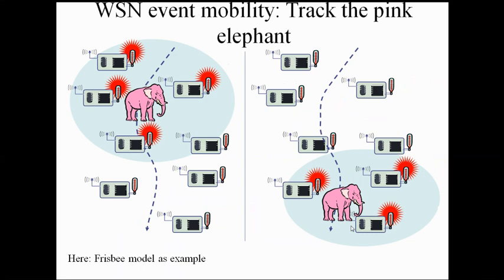So the third possibility is event mobility. Here the elephant is there. The presence of the elephant can be detected by four such sensors. For the particular region, let us consider this region. In that, four sensors are there. All four sensors are able to detect this event, right? Now what will happen? The elephant is moving from here to here to there. The sensors placed inside this area are able to detect the motion of this elephant. In this way we can track the animal movement.